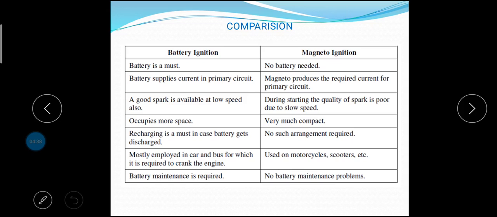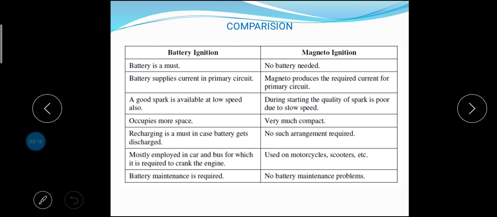Let us discuss what are the main differences between the battery ignition and magneto ignition system. There is always a problem of battery discharge in battery ignition system, but in case of magneto ignition system, there is no problem of battery discharge. The intensity of the spark in the case of battery ignition system remains constant irrespective of the speed of the engine, or reduces slightly as voltage drop is very less with respect to speed of the engine. The spark intensity is very poor at starting and during idling, as the primary and secondary voltage is dependent upon the speed of the engine.